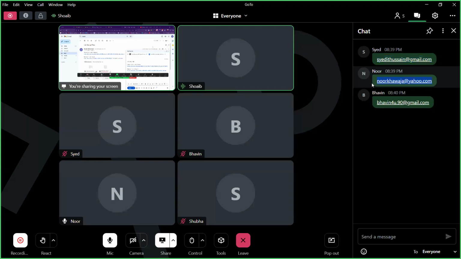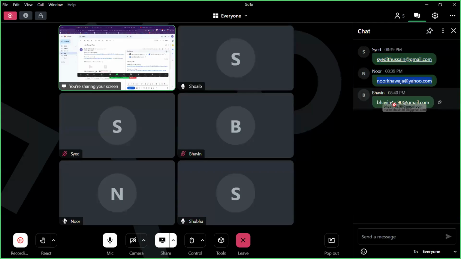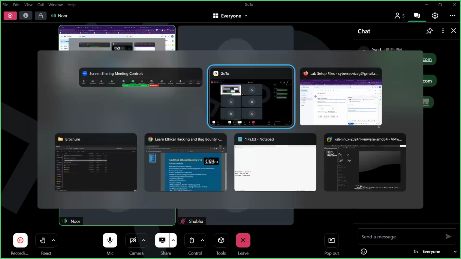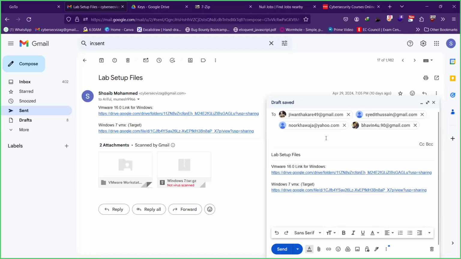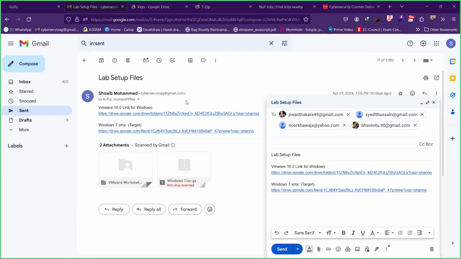Shubha, you have not dropped your email. I can share these files with you over email. I think I'm missing a couple of other emails as well, guys. Shekhar, I've not gotten your email. I've already dropped it in the group chat. Oh, in the chat. Carlos, you can drop your email as well.